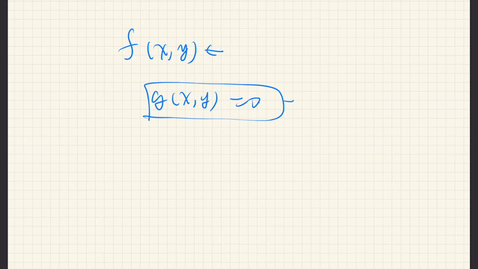So how do we do that? One convenient way to do this is to use the method of Lagrange multipliers. It's better to explain this using an example. So consider